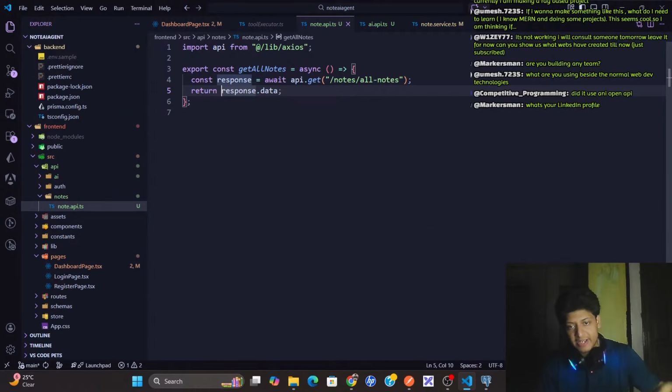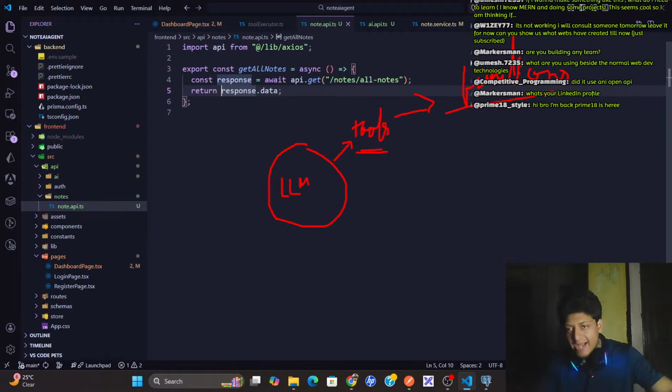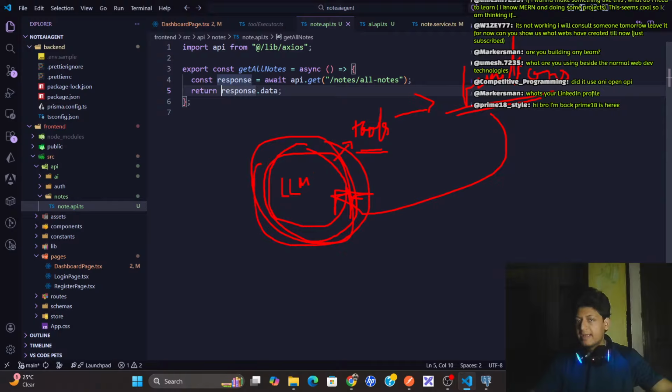Basically, if anybody is a beginner, an AI agent is nothing but an LLM with access to tools, right? And what are tools? Tools are nothing but functions. So to build an AI agent, you need to give access to these functions to your LLM. And the LLM will decide, okay, this is the task, I need to call this tool. That's it. Without tools, an LLM is just a brain, and tools are like hands. The LLM has hands now. Brain with hands. That's what AI agents are.